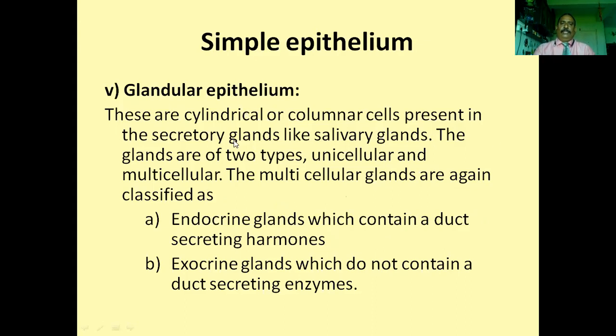Coming to glandular epithelium, these are cylindrical and columnar cells present in secretory cells like salivary glands. These glands are of two types, unicellular and multicellular. The multicellular glands are again classified as endocrine glands, which do not contain ducts and secrete hormones, and exocrine glands, which contain ducts. You know that an endocrine gland example is the thyroid hormone,